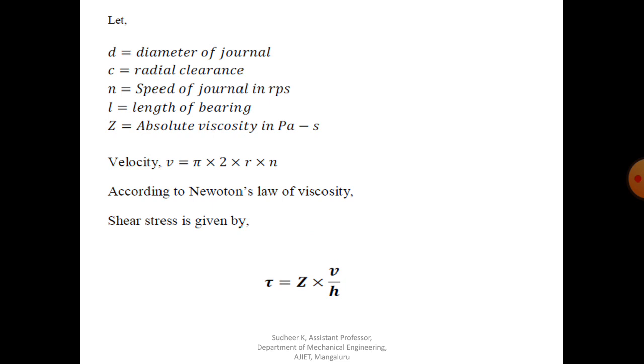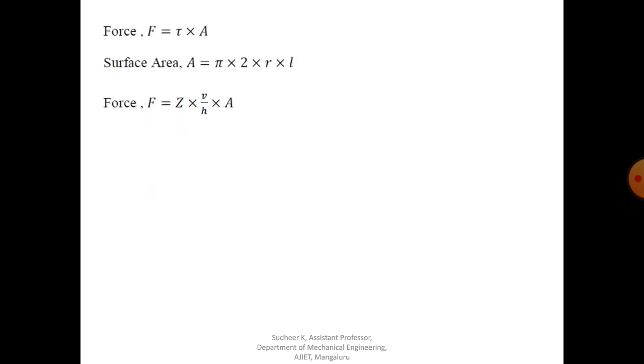We will apply the above equation for a viscous flow through the annular portion between the journal and bearing in the circumferential direction. Therefore, the force acting is the tangential force. Since shear stress is force by area, the tangential frictional force is equal to tau into A. That is the equation for shear stress.